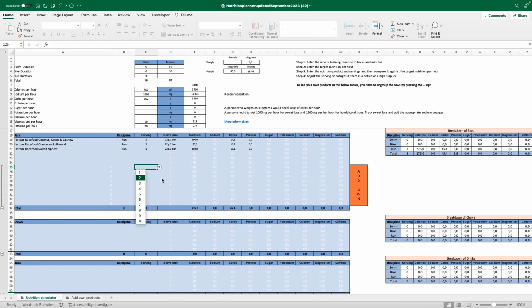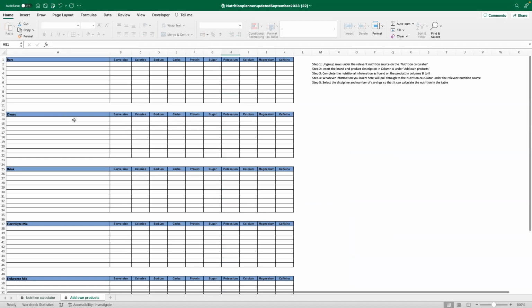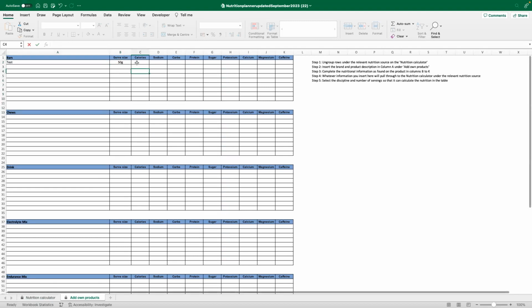The problem is that if you chose 2, it would not update this automatically and multiply it by 2 based on the serving size, etc., which you would have put in manually. In other words, you would have had to calculate it beforehand and insert the figures. So I thought I would make life easy for you and put a section here where you can put in whatever amounts. I'm just going to keep it the same across the board, just so you can see how it pulls through